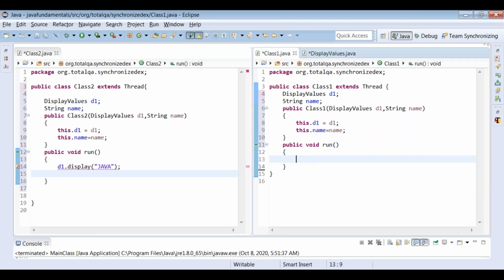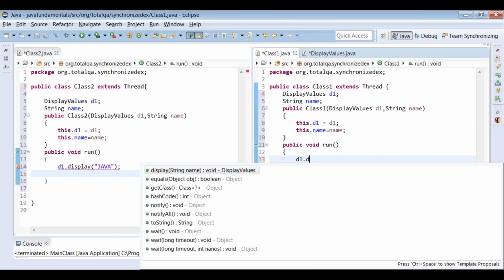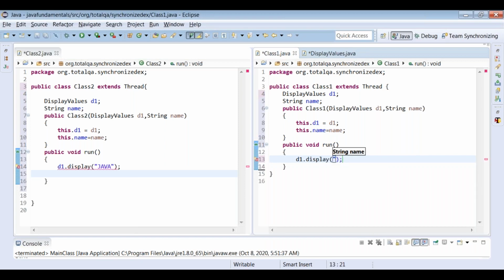Similarly, in Class1, give Selenium. So what is happening here? We are not creating the object d1, we are getting this object d1 via a constructor.